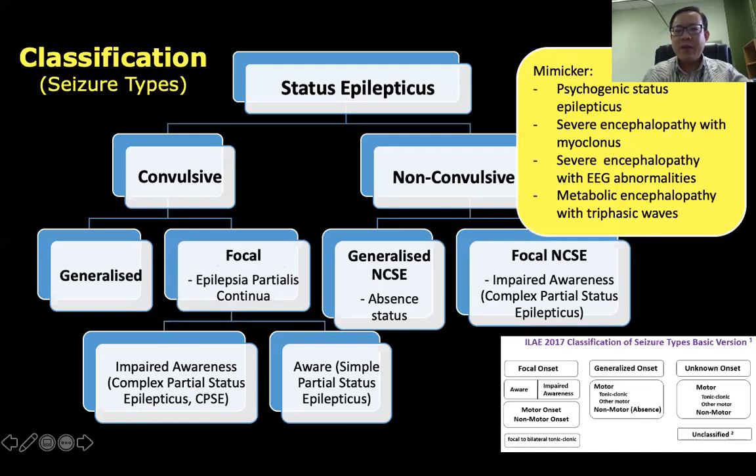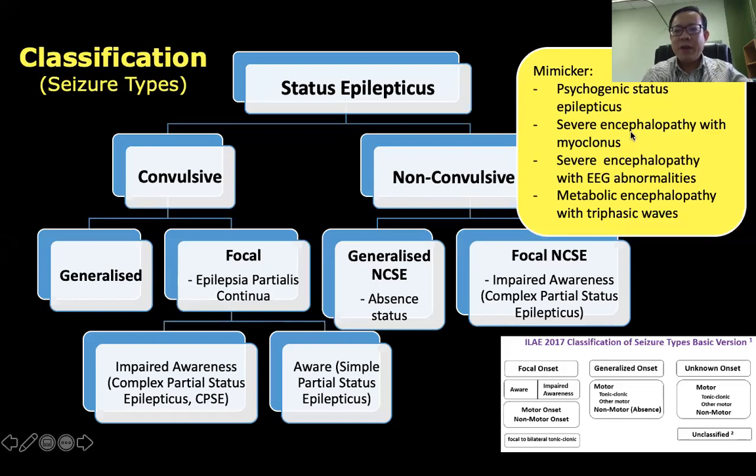There are other mimics of status. Sometimes people with psychogenic seizure develop status epilepticus. I always use this example whereby a patient presented with continuous seizures in the emergency, and she was intubated 3 times in total over 3 years, which means 1 intubation a year, partly because she looks like status epilepticus, but the cause is psychogenic.